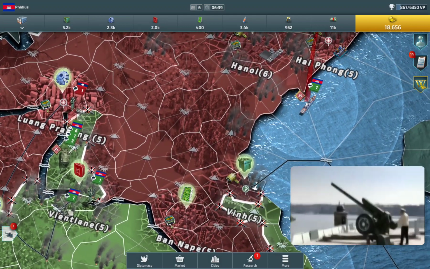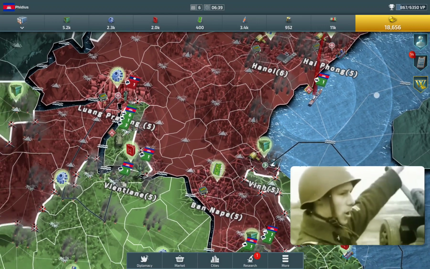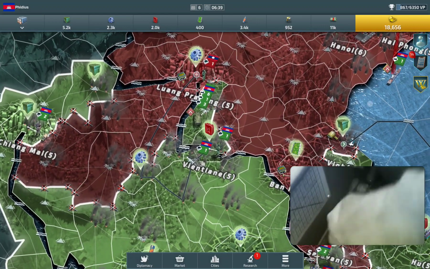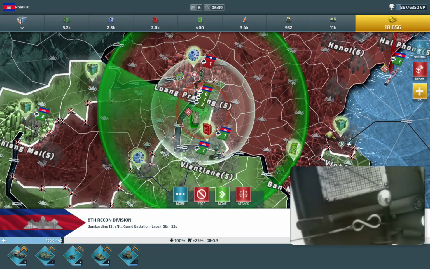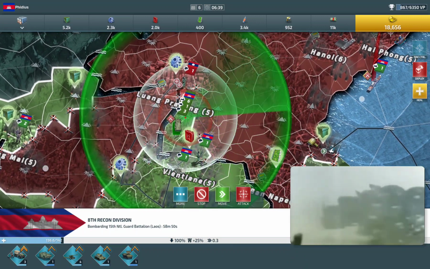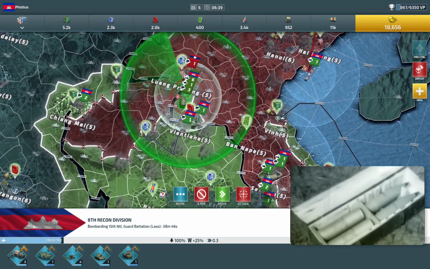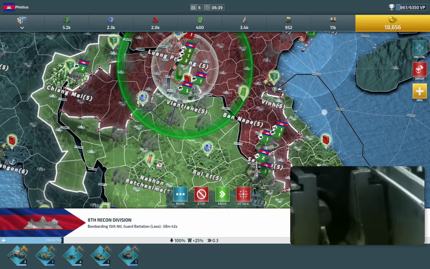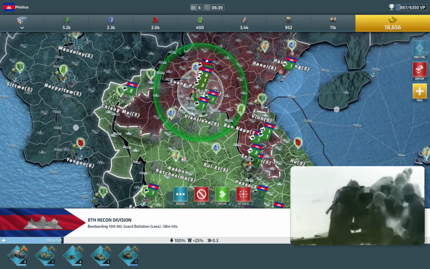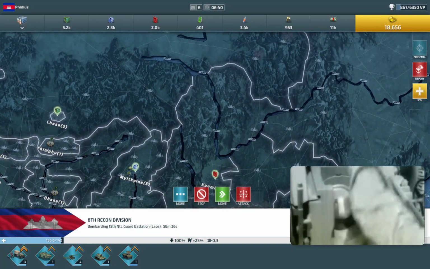So basically, the strategy of starting off with towed artillery is to quickly expand your land presence, gaining these cities that have resources. But you do have to consider,